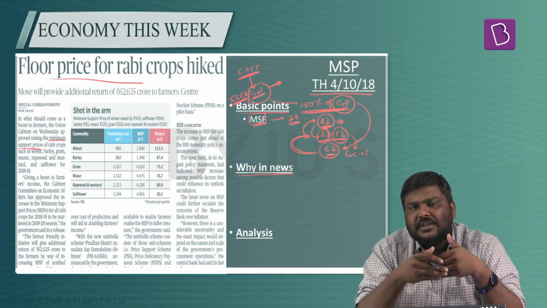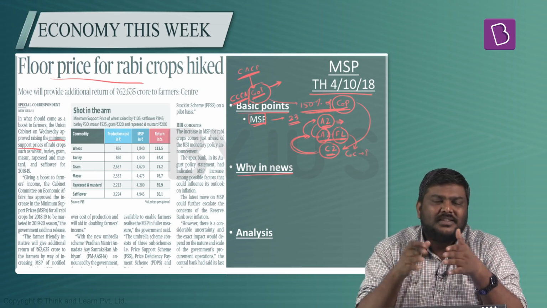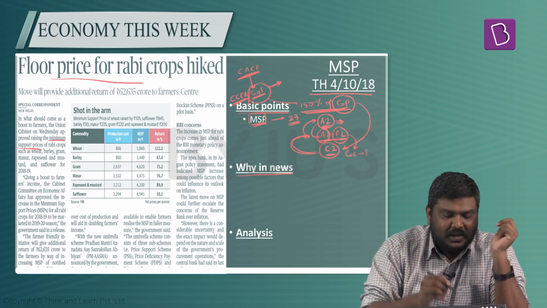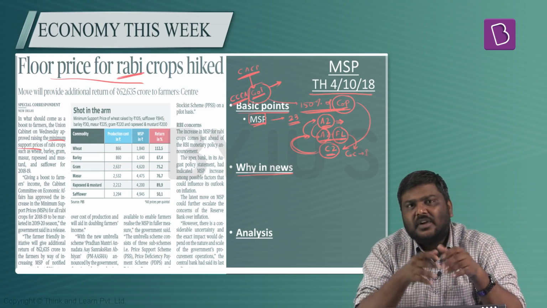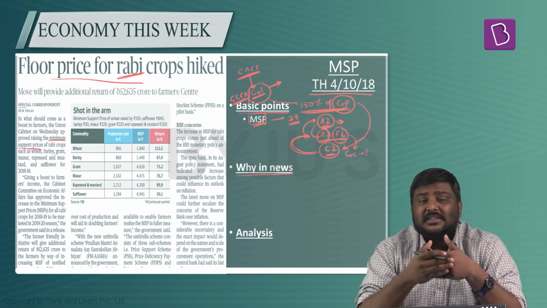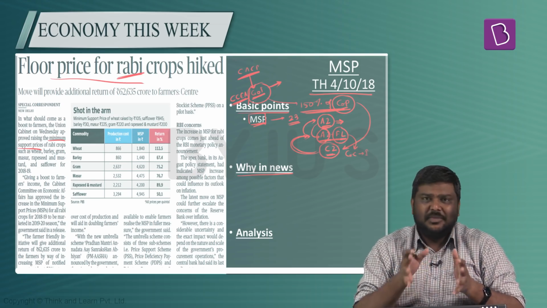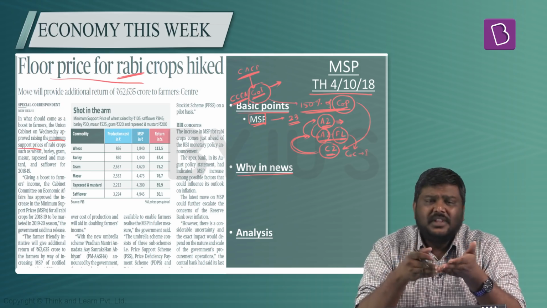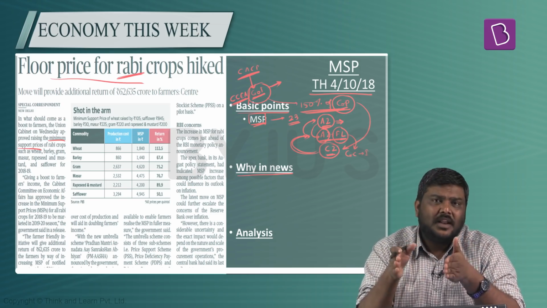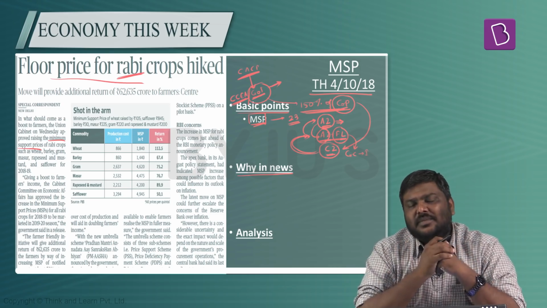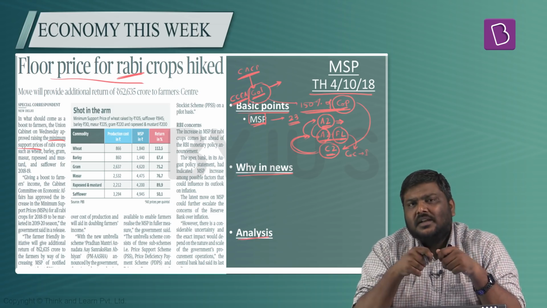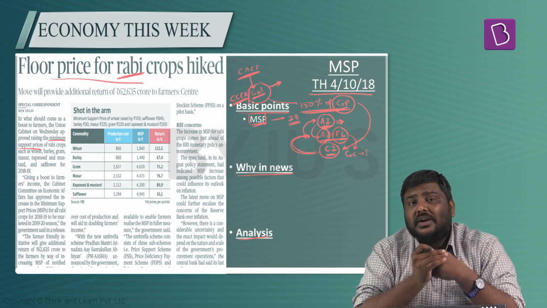After the farmers protested in Delhi against the Government of India's policies in the agriculture sector, the Government of India announced the increase in the MSP for Rabi commodities. Now please understand, it is not the first time that the Government of India has announced this kind of hike. Even before, during the Kharif season also, the Government of India has announced a hike in the MSP. But the analysis part is that this increase in the MSP will not provide a huge benefit for the farmers.